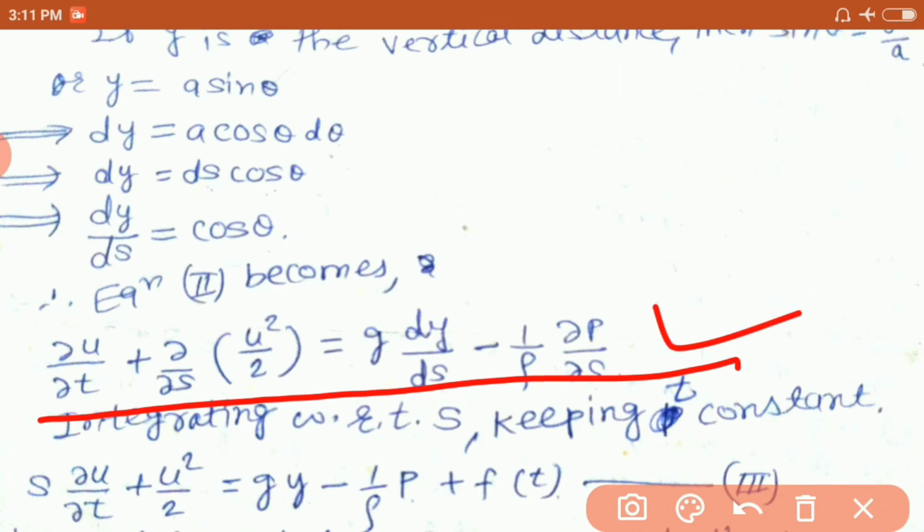If we put cos theta is dy by ds in equation third, we get this. So integrate this equation with respect to x, keeping t as a constant, we get s into ∂u/∂t plus u squared by 2 is equal to gy minus 1 by rho p plus f of t. Suppose this is equation third. And since at any point p, ∂u/∂t is the same at all points of the liquid,